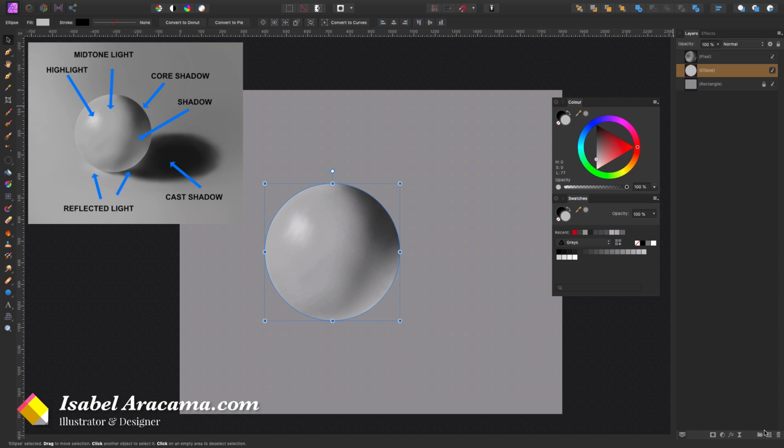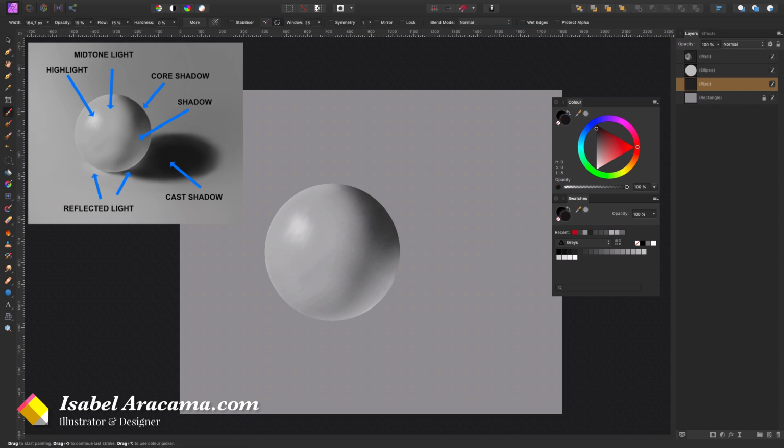So we're going to create a layer below this one. Making sure we're there, we're going to paint the cast shadow, something like this, below the ball or the sphere. It doesn't really matter what shape you give it, because you can just tweak it later.